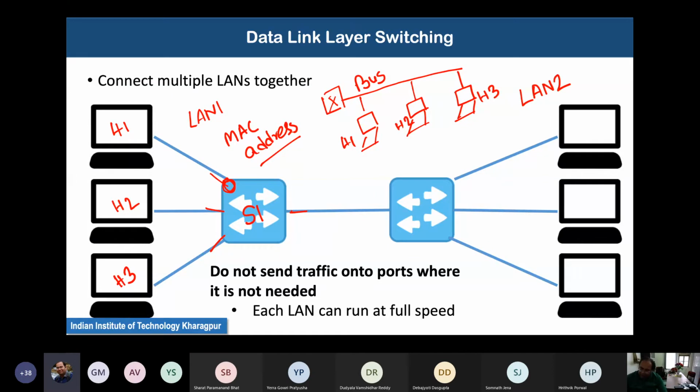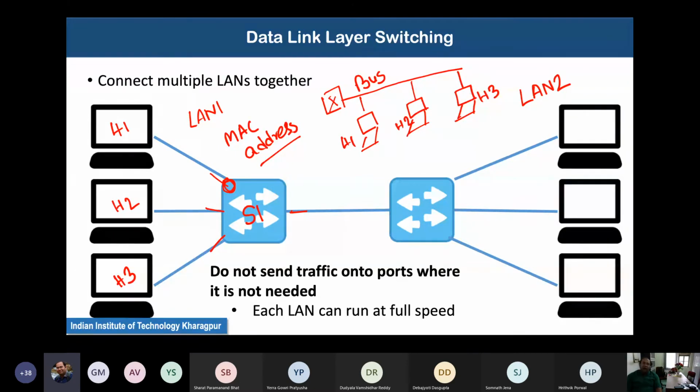Earlier, with a bus network, whatever data you broadcast over that bus, all the machines would receive it. Now, whatever data you broadcast over the switch using the broadcast MAC address, the set of devices which directly receive it form a local area network, or LAN. That is the broad definition of LAN nowadays.